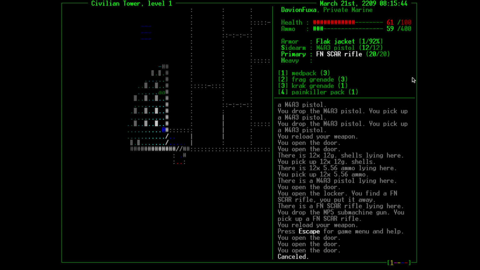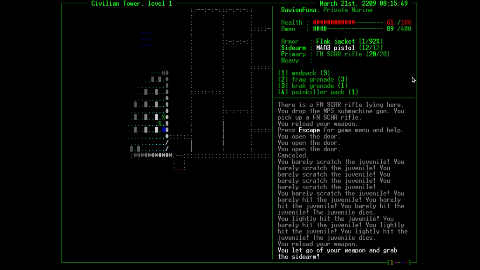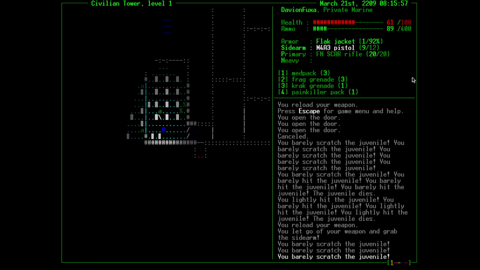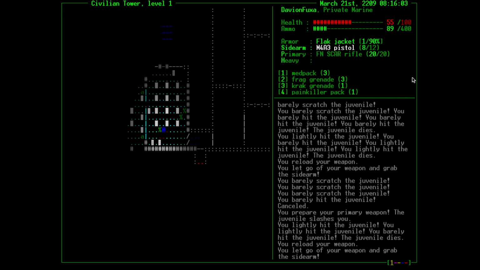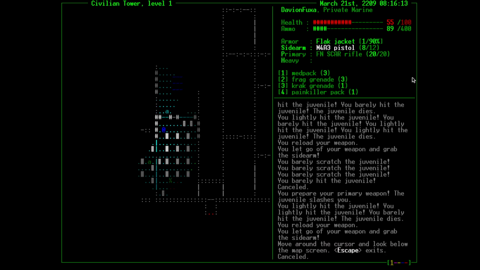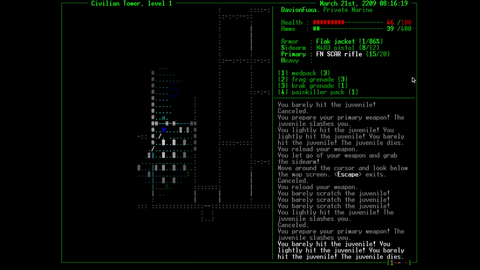DoomRL basically gives you a breakdown of how far away stuff should be before you start firing at it. A scavenger right there. No problem. I basically fired at the glass here. It broke because,